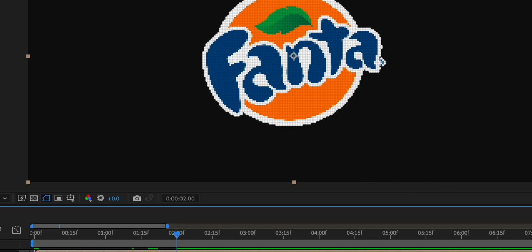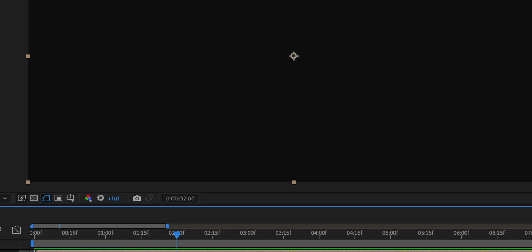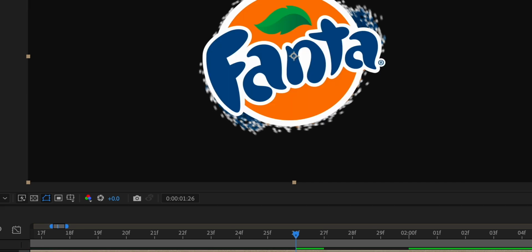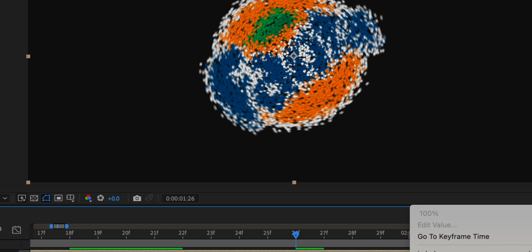Now comes the main part of the animation. Go to Effects and Presets and search for CC Ball Action. Drag and drop it onto the pre-composed logo. Immediately you'll notice that your logo is converted into hundreds of small spheres. This effect creates the particle look that we'll animate. The default settings usually don't look very appealing, so we'll adjust a few parameters. Start by reducing the ball size to make the particles smaller and cleaner. Then increase the grid spacing or adjust the values according to the look you're trying to achieve. Feel free to experiment here because every logo is different, and these settings can completely change the final appearance.